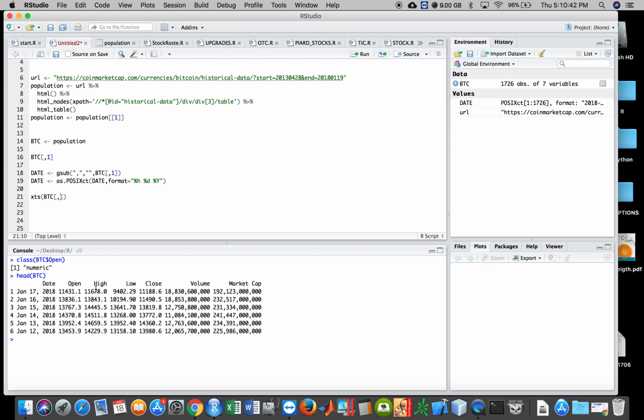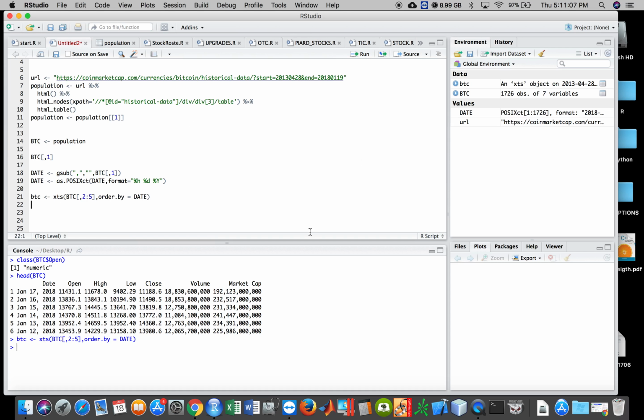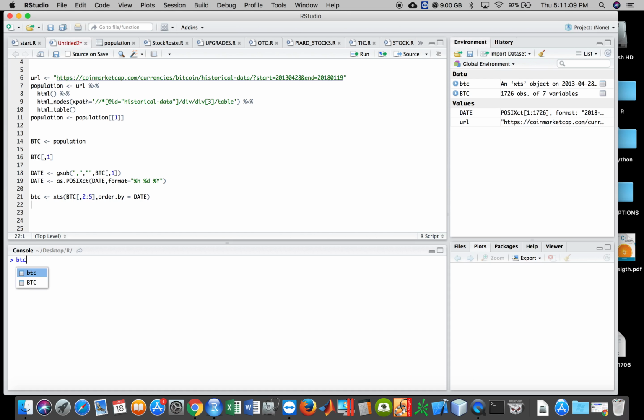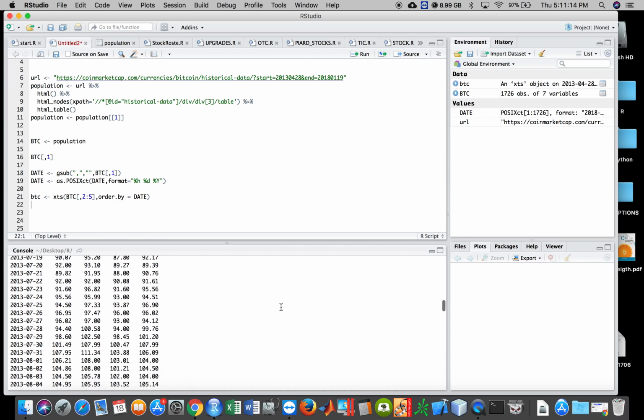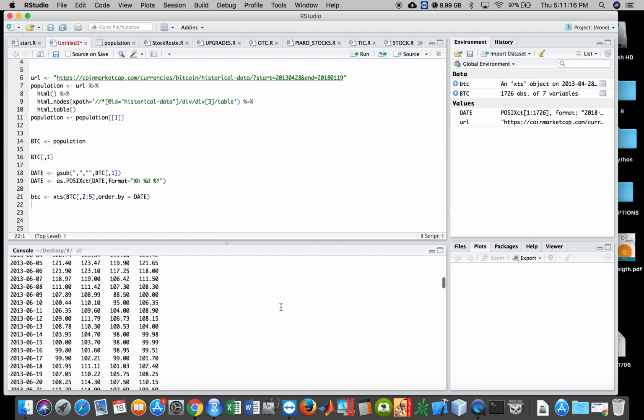So we basically want the open, high, low, and the close, which is the second, third, fourth, and fifth. So we'll do 2 to 5, and then order by, and then put date. And let's do BTC lowercase. Let's see if that runs. So now we have an XTS object that looks like this. Now you can use it with the packages that